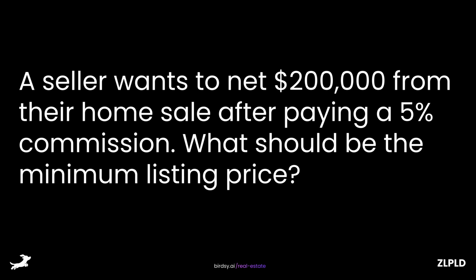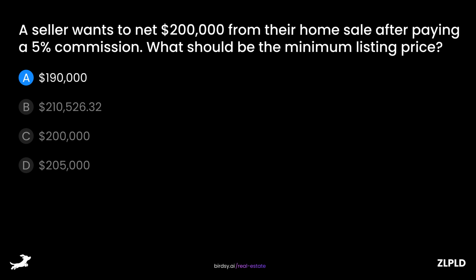A seller wants to net $200,000 from their home sale after paying a 5% commission. What should be the minimum listing price? Is it A, $190,000, B,